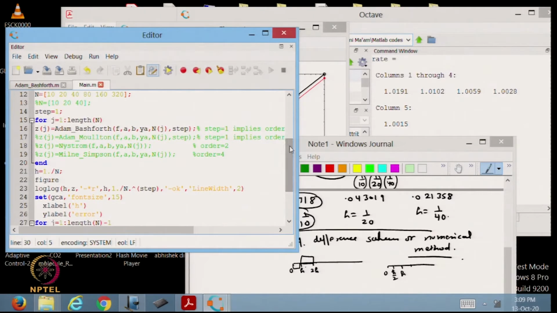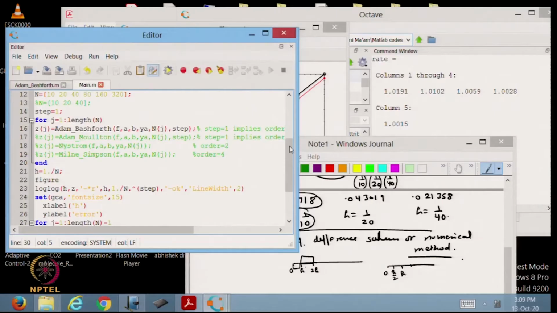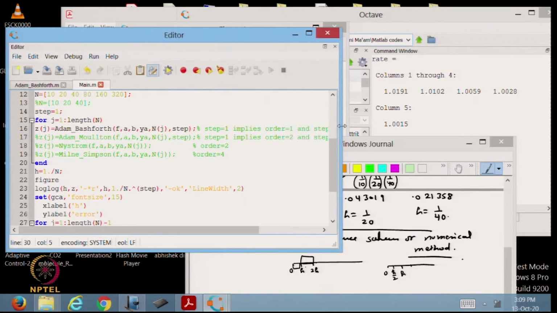So, now if we remember, forward Euler was the first example or first category of an Adams-Bashforth method, which corresponds to a one-step method, and the order was also first order accurate. So, we have verified this. Now, let us work out the second category of Adams-Bashforth formulae, which corresponds to step is equal to 2, because it was a 2-step method.